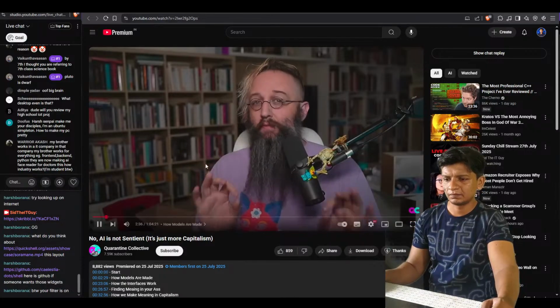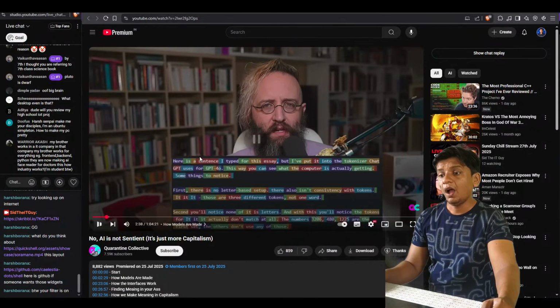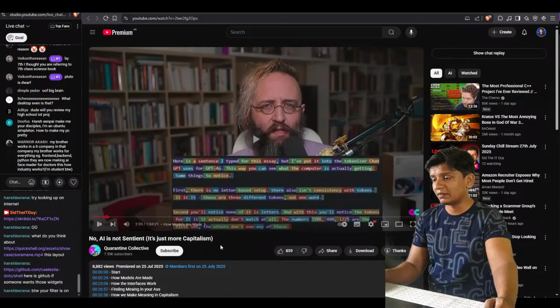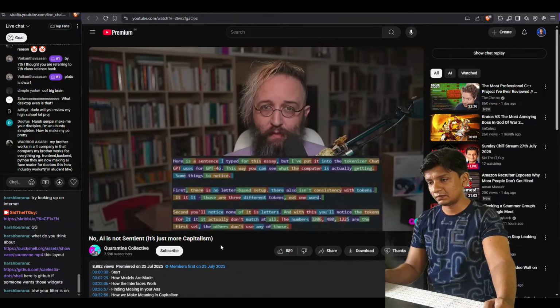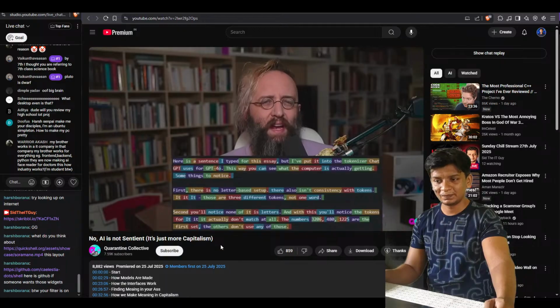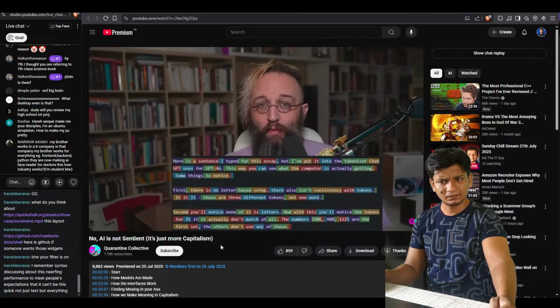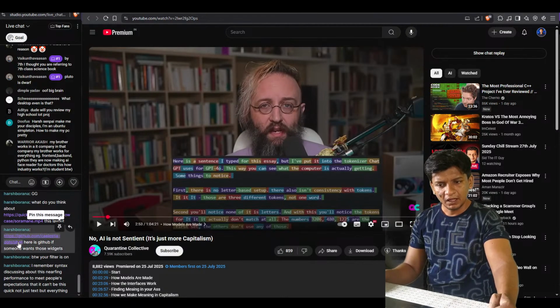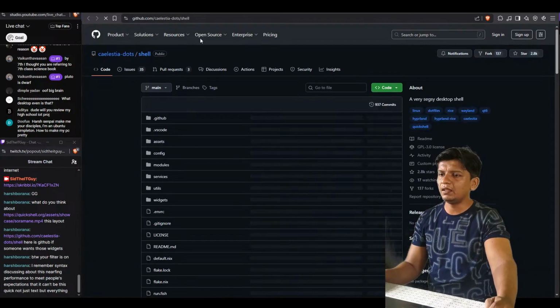Here's a sentence I typed for this essay, but I've put it into the tokenizer ChatGPT uses for GPT 4.0. This way you can see what's actually happening and what the computer is actually getting. There are some things super important to notice. First, there is no letter-based